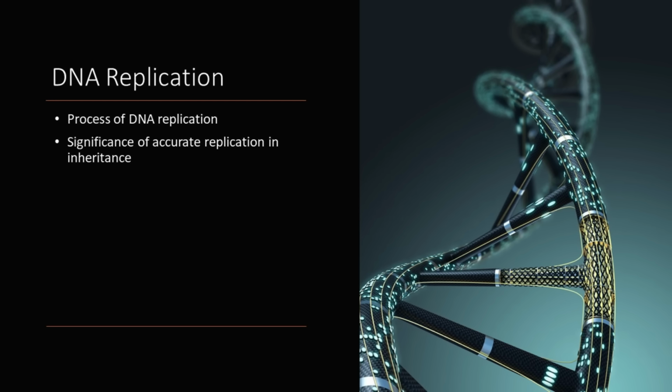Replication in cell division. In multicellular organisms, DNA replication is a fundamental aspect of cell division. The accurate transmission of genetic information during replication ensures that daughter cells inherit the correct genetic instructions. Disruptions in the replication process can lead to cell death or uncontrolled cell growth, contributing to diseases like cancer.